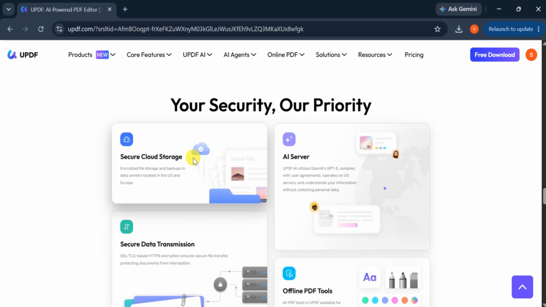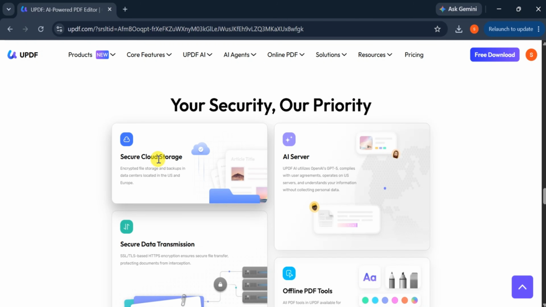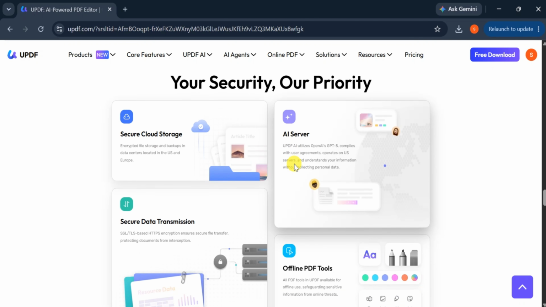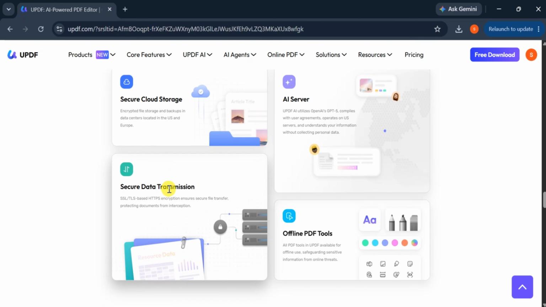One of the most important aspects of UPDF is security. It includes secure cloud storage for file backup in a professional data center. UPDF AI utilizes OpenAI technology and fully complies with all user privacy agreements. It also offers secure data transmission, and many PDF tools are available for offline use, keeping your sensitive information safe